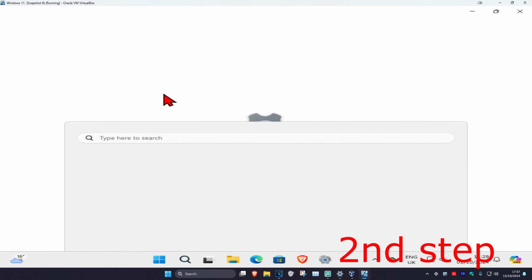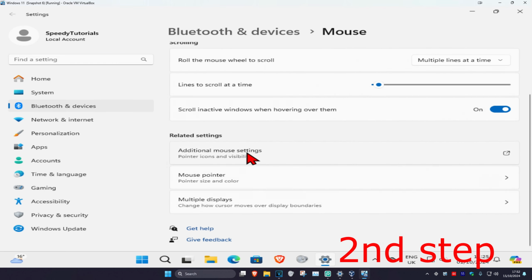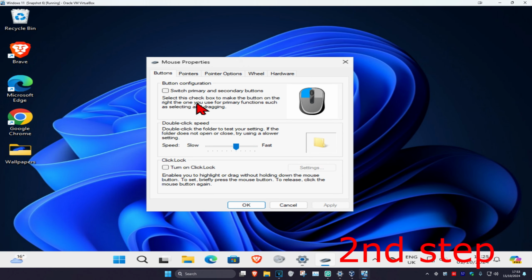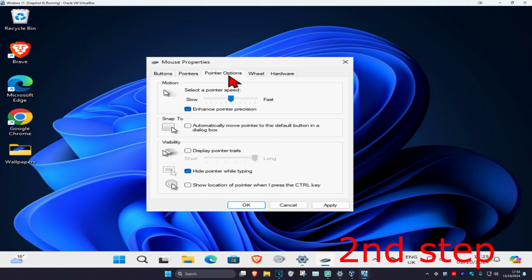Click on it. And then once you're on this, you're going to scroll down and then click on additional mouse settings. And now this will come up. You just want to copy everything that you see on my screen. So you want to untick this, put this like around in the middle, turn off click lock, make sure this is unselected. Now go to pointers and then click on use default, untick enable pointer shadow, go to pointer options,